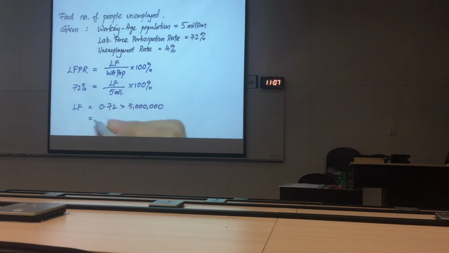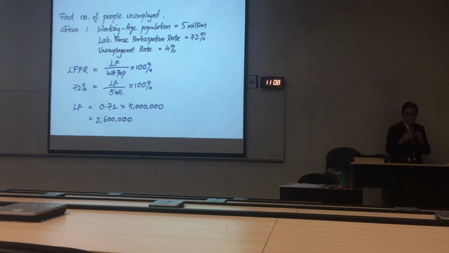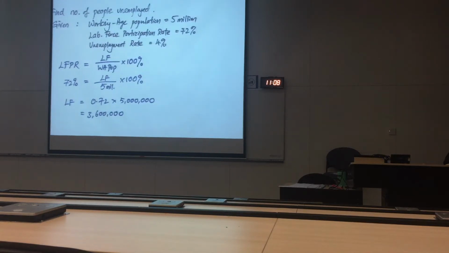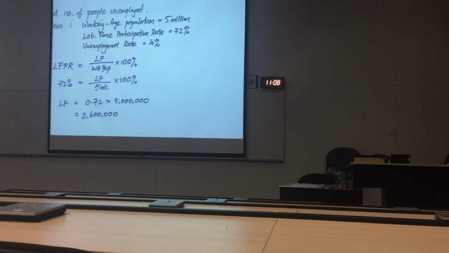And you should get this. And the moment you have your labor force and you have the unemployment rates, you should be able to solve for the number of people unemployed. So the next step of the problem is